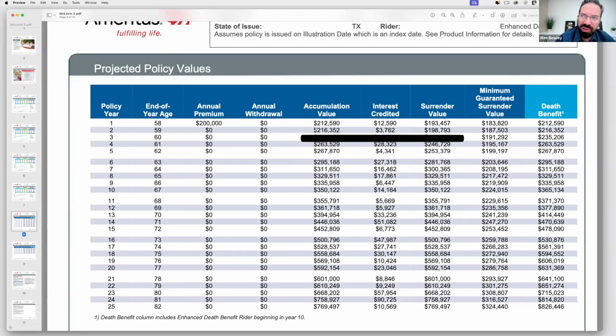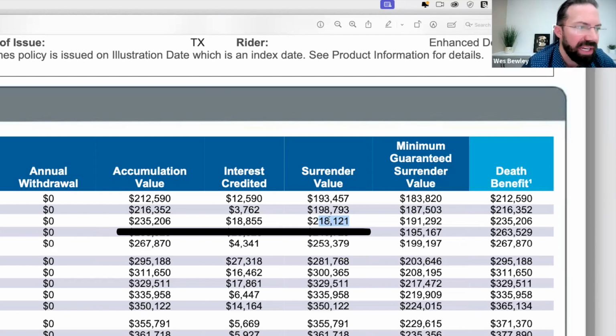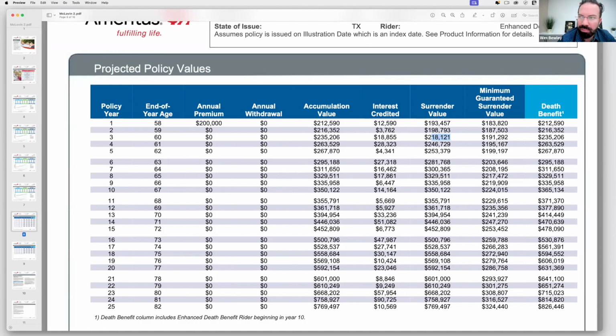If you go to year 2, you can see your accumulation value is 216. Well, now if you want to move it to Merrill Lynch or somewhere else, you're looking at a $1,500 fee. But look at year 3, you're actually coming out $18,000 ahead on this rollover. And again, you had no market risk and you paid no management fees. But after 7 years, this is completely gone, because after 7 years your accumulated value and your surrender values match.